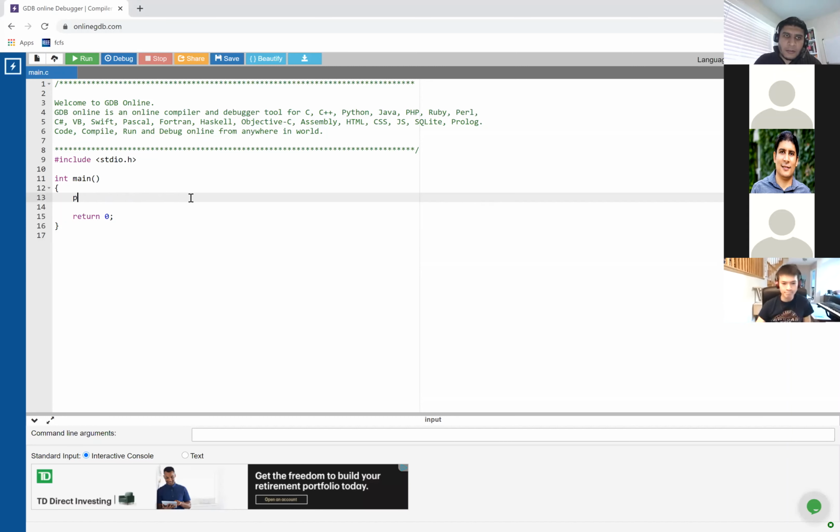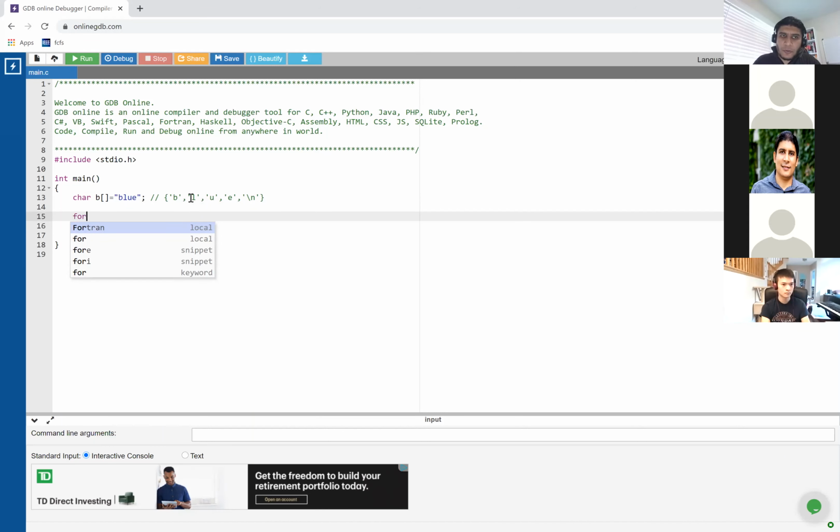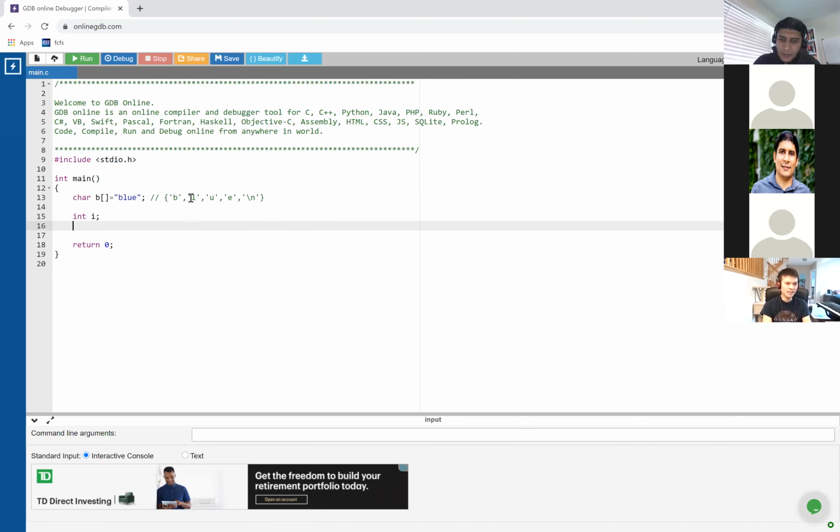Let's define a character array that I call, I don't know, let's call it b, to continue with the example we have. And then this b would be initialized to, you can either do this, or it would be equivalent if we do this: 'b', 'l', 'u', then 'e', and then a null character. Good? And then if I want to iterate through this, let's start with a for loop. First of all, I need to have my index for the for loop, so int i, and then I say for